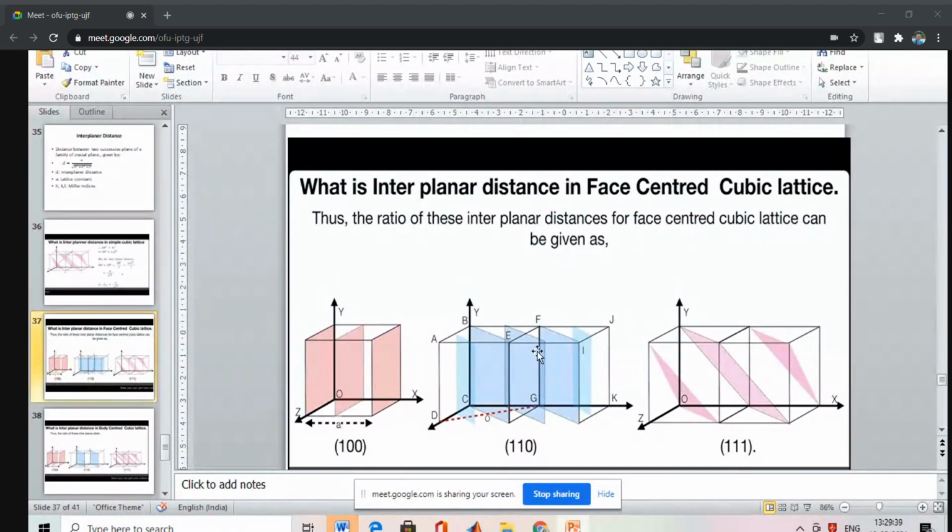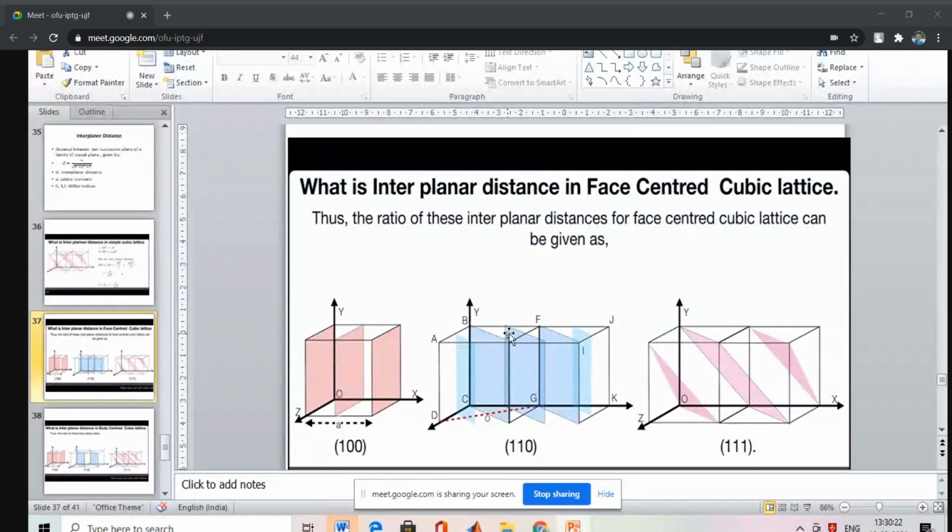Okay. Then this will go through which face centered atom? It will go through the front face. This is the front face, right? It will go through here. Then this face centered, it will go through here, this face centered. Okay. So in FCC, there is an additional plane in between the two successive planes of SCC. And so the interplanar spacing for 110 in FCC will become half of the SCC, that is A upon 2 root 2. Okay. So this is very important, interplanar spacing in a crystal plane.